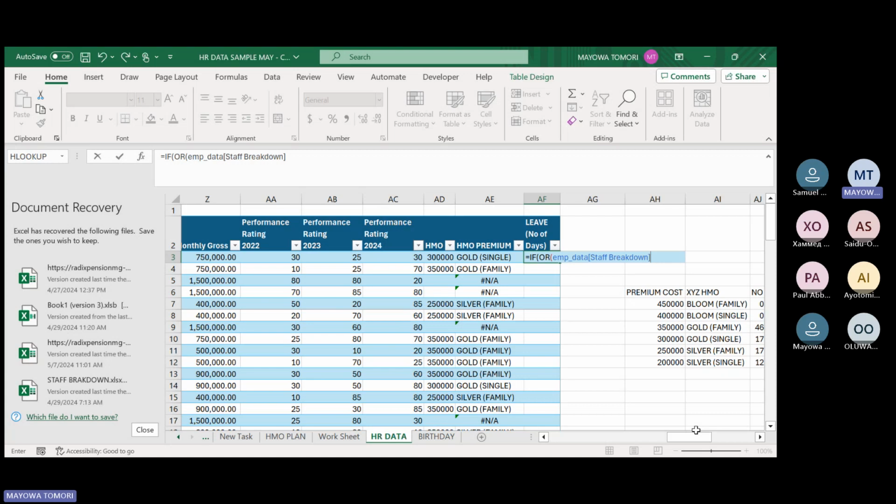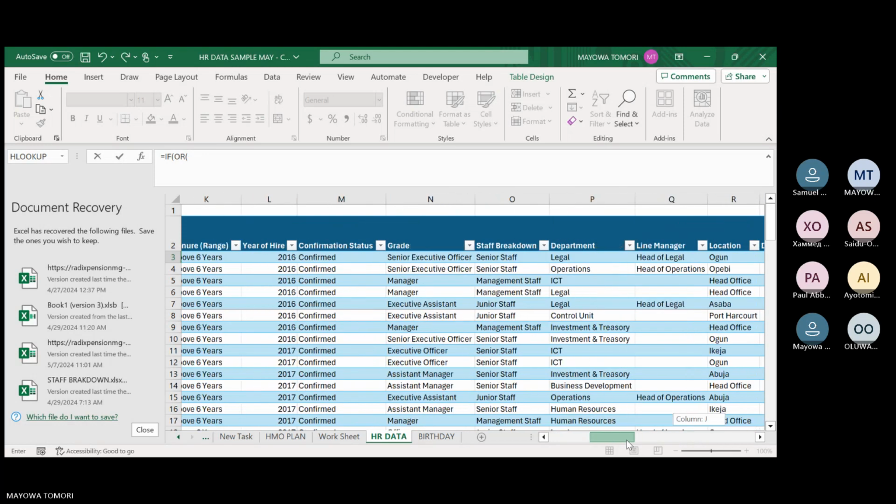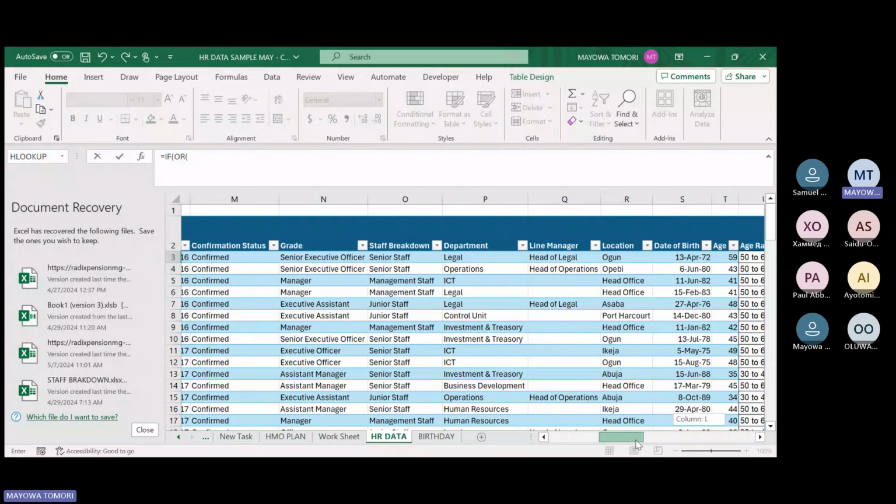Staff breakdown, right? If staff breakdown, no, let us use it like this. This one now we are going to be referencing the whole column. Let's just go and select it one after the other. Now where's the staff breakdown? Where's our staff breakdown? Okay, so if at staff breakdown, this one is equal to,